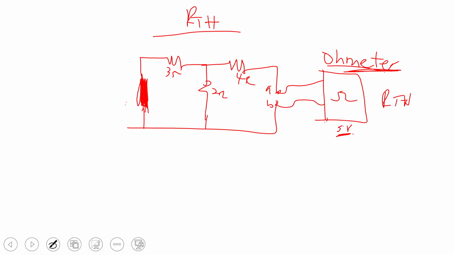Let's say it's a 5 volt ohmmeter. What happens is that it actually pushes an amount of current within the circuit so that it can find the resistance as the voltage divided by that current. So if you still have your source within the circuit, it's going to influence how much current will flow from the ohmmeter, and the ohmmeter will not be able to give the exact reading of the resistance within the circuit. That is why you need to remove every other source within the circuit